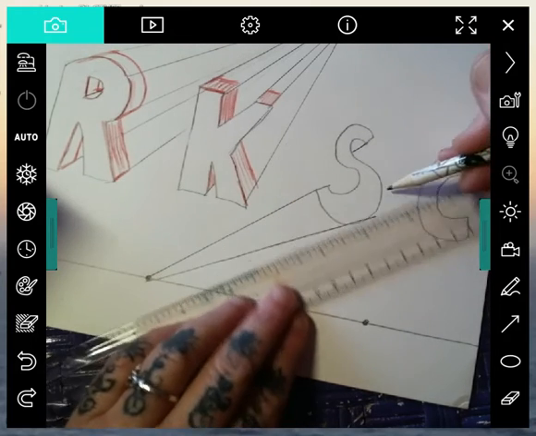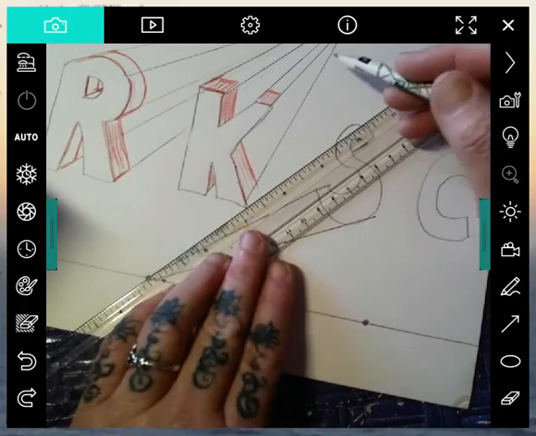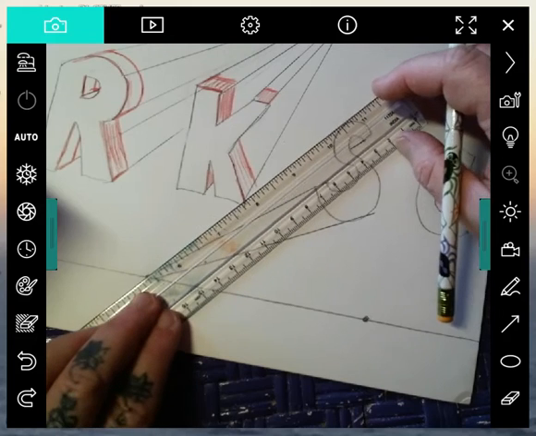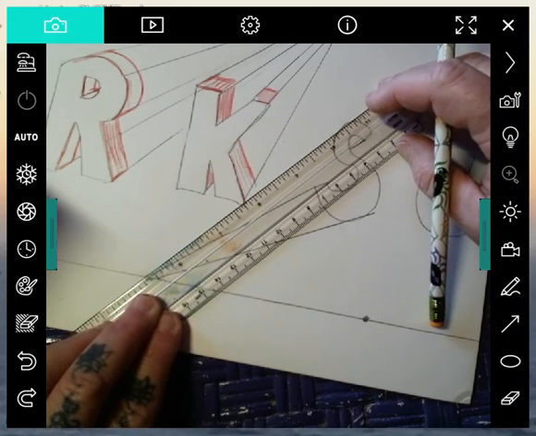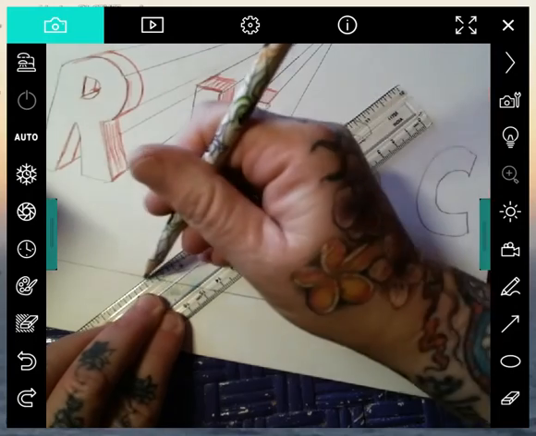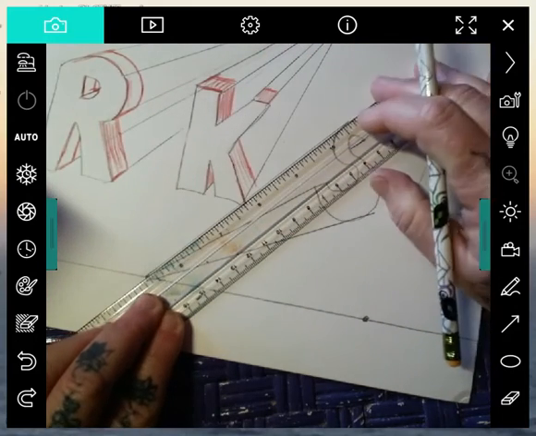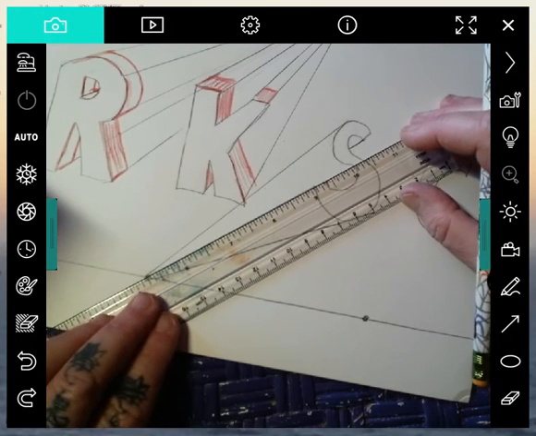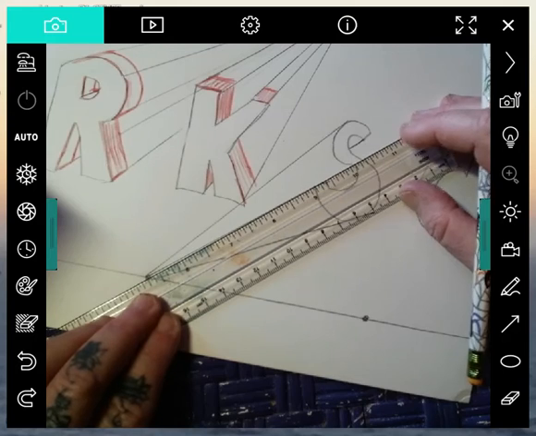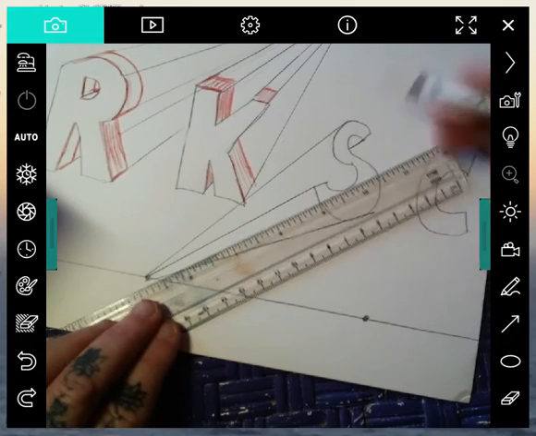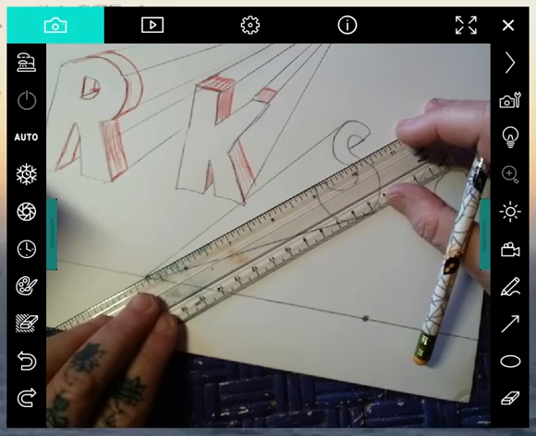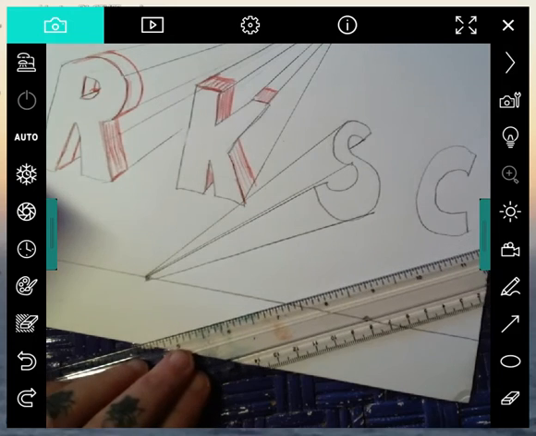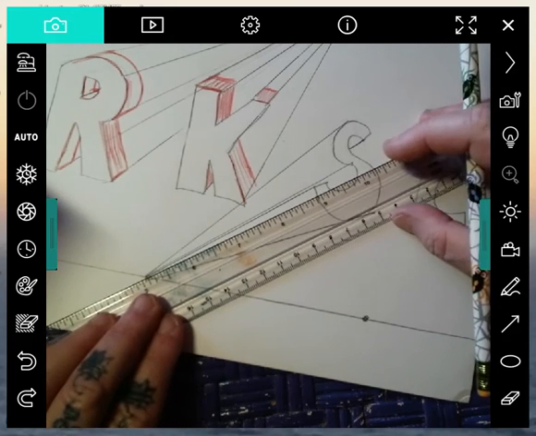No, I don't have one there. I don't have one on this side because I don't see that side. Now it's the same here with this part of the S. This part of the S I do see. So I'm going to do the same thing. Pull it until it hits the edge. And then pull a diagonal there. Remember what I told you to do if you have the curve. I always just put it in the middle of a curve. But this one goes in. So I'm going to kind of use this as a point as well. Okay. Voila. All right. And then I'm going to do in the middle here,